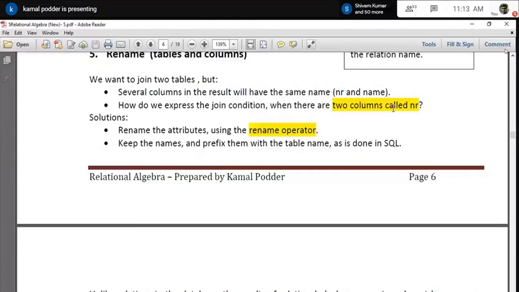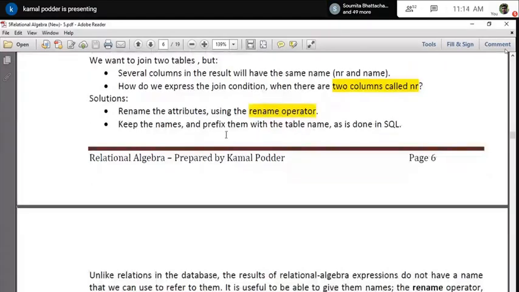Okay, so that is the reason sometimes we need to rename, or when you are self-joining, basically joining a table with the same table. Naturally, what will happen? At a later stage, if you really want to refer to some column of that particular relation, as both relations have the same name, it is ambiguous. It cannot be done. In that case, you first have to rename it. And for that, they have provided the rename operator.